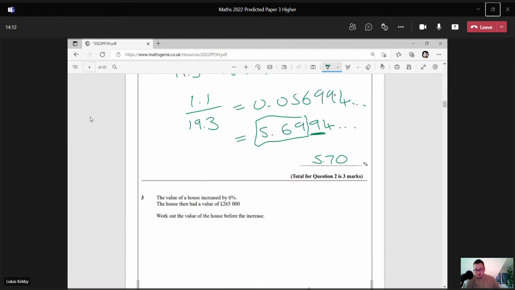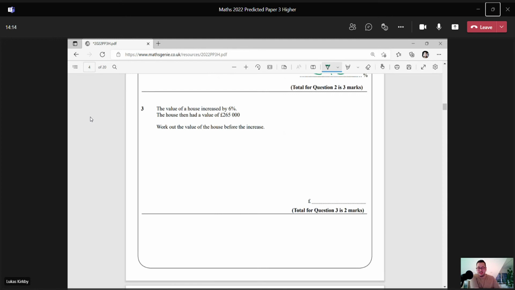All right, so number 3, the value of a house increased by 6%. The house then had a value of 265,000. Work out the value of the house before the increase. So whatever the house was, let's say it was X, we'd times it by, well, if it's increased by 6%, that's going to be 106%, and we've ended up with 265,000. So to solve that, because we've times by 106%, we want to divide by that to get the original price. So X is going to be